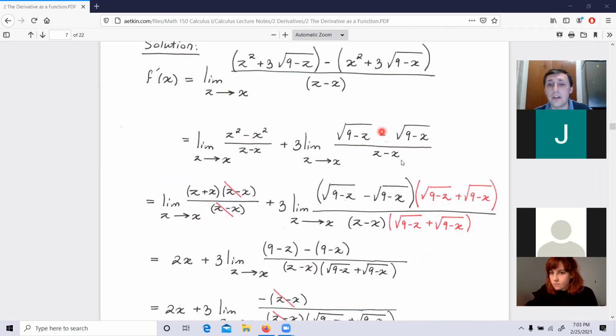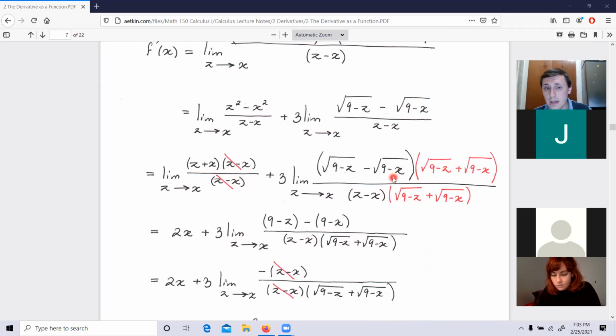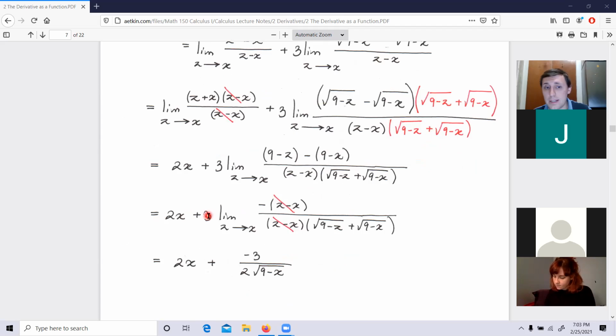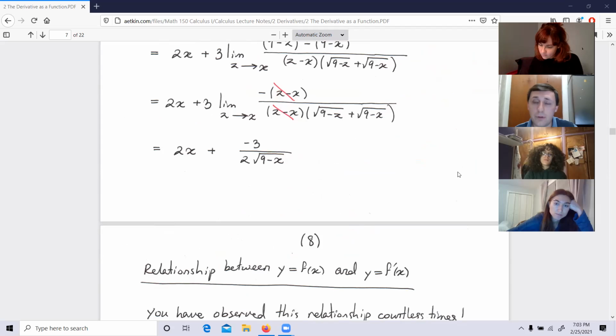Okay, so then what do we have here? We multiply by the conjugate, simplify, and when we simplify, we have 2x plus this expression, we cross away z minus x, and look at it. Now I can transform all the z's into x. You see the z is becoming x, so you have now 2x plus 3 over 2 root 9 minus x. We have this formula. You should not go away from this class if you are not able to do that fast, and you are not only doing it fast, guys, but understanding what you're doing. When you're asking where the z is coming from, that means you are looking very close to the ground.